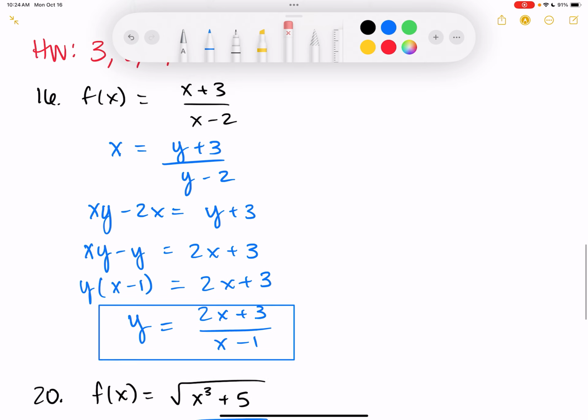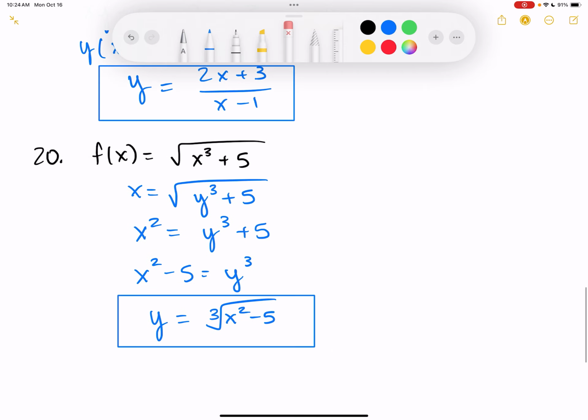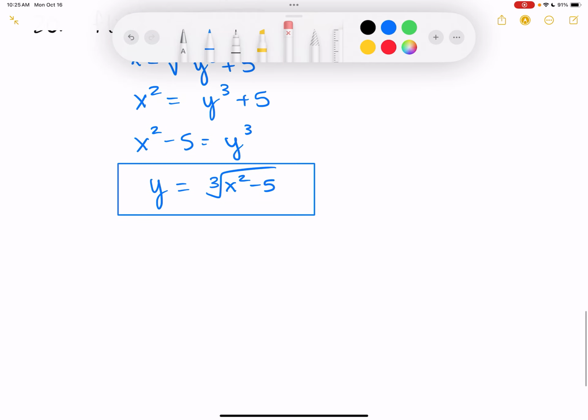It's actually funny, this one, x plus 3 over x minus 2, and then 2x plus 3 over x minus 1, problem 32 is actually verifying that these are inverses of each other. So it's kind of funny that just so happened. I don't think they did it on purpose. They may have, but anyways. 32 would be the verification of this problem. Which I might do for you in just a minute just so you see it. But